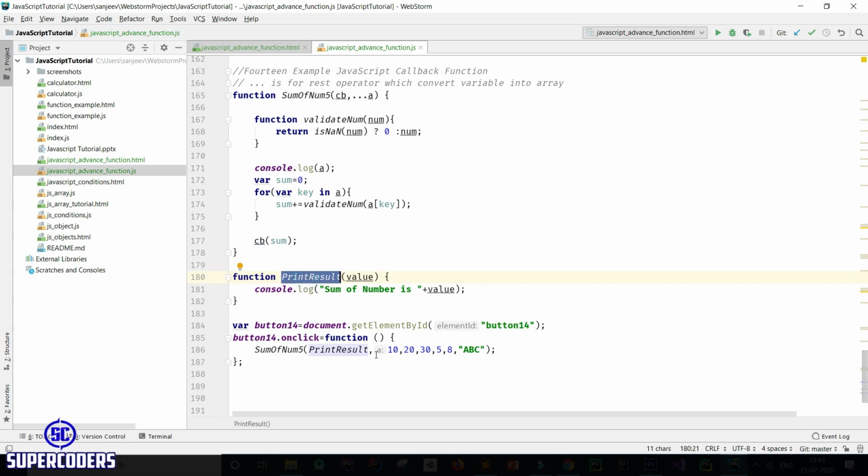If we again see this, first I am passing function name, which prints the value. In sum of number I am passing first function name, then value, and it is asking for CB, which is callback function. After this process is done, it will call another function. So this CB will call, and CB is what? This function which I am passing from here. This is a simple example of callback function.